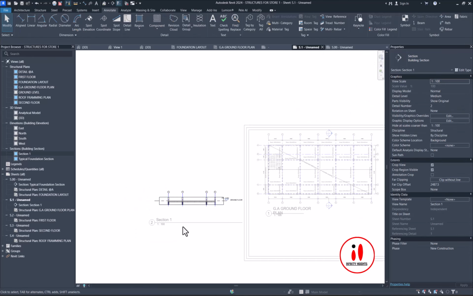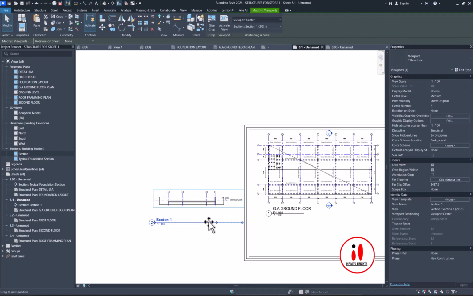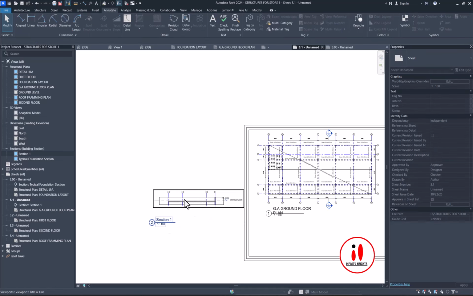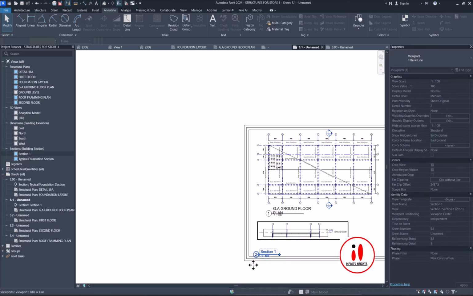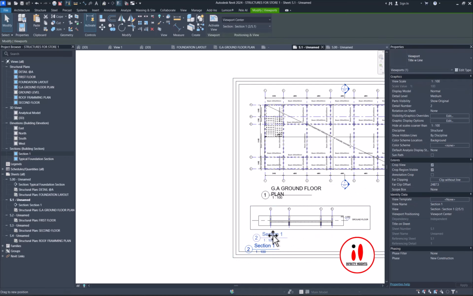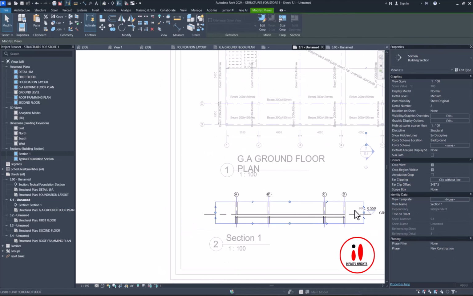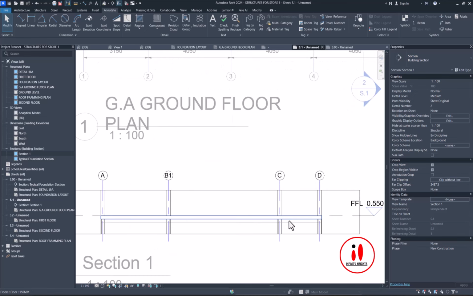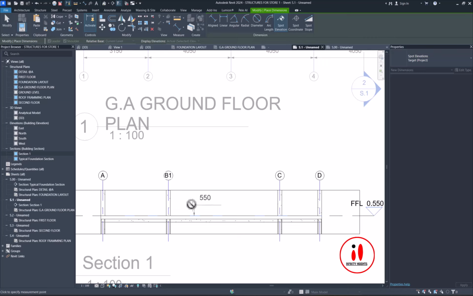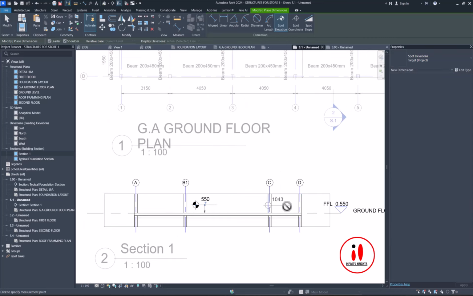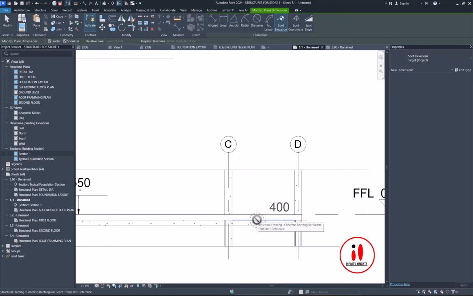So now we are doing it for the beam. A typical section through the foundation, how we did for the foundation, we are doing a typical section for the floor. You get it? So with the floor, we have the levels on it already. We have this level. But if this one drops, then you can come to your spot elevation, then you put this elevation on top of it like that. You get it. So you see this one, I'm putting it down, giving them